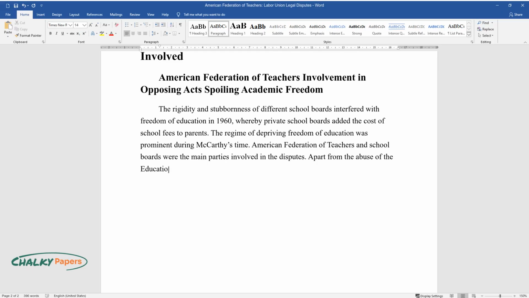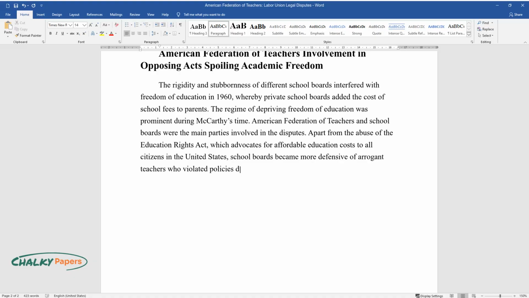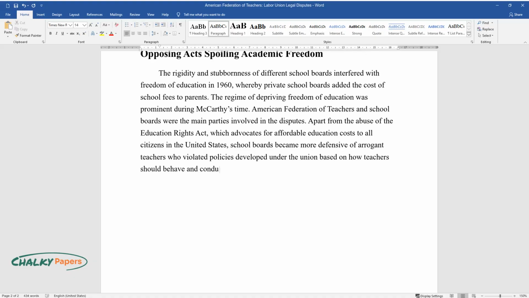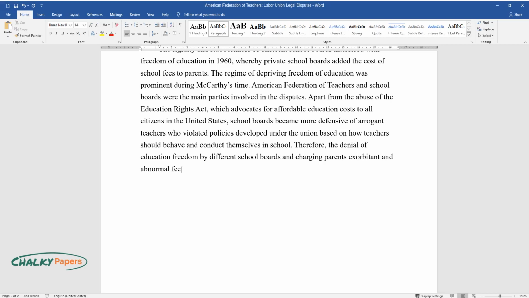Apart from the abuse of the Education Rights Act, which advocates for affordable education costs to all citizens in the United States, school boards became more defensive of arrogant teachers who violated policies developed under the union based on how teachers should behave and conduct themselves in school. Therefore, the denial of education freedom by different school boards and charging parents exorbitant and abnormal fees led to the